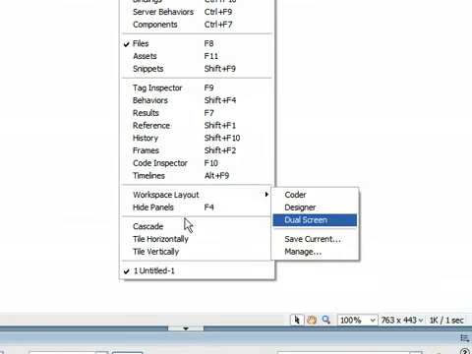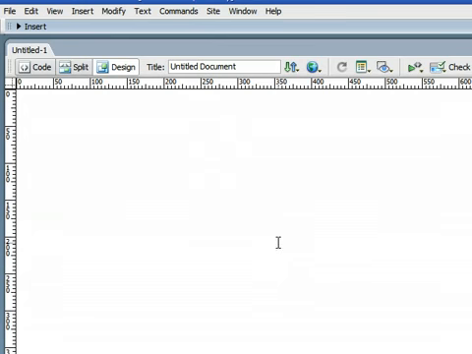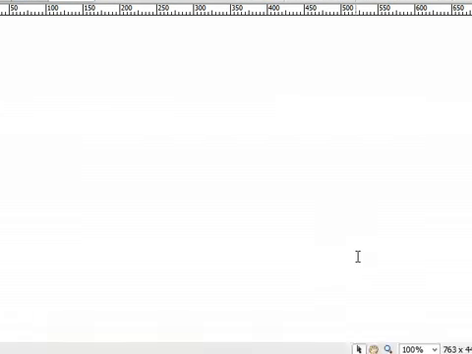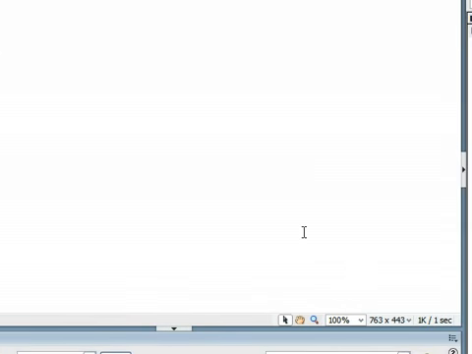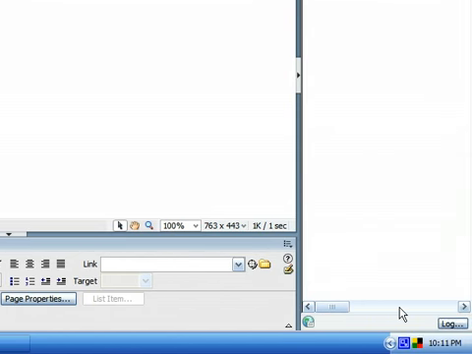So that's all the time we have for right now, and this was a very basic tutorial. Now that we know the layout, in the next tutorial we're actually going to begin making our very first website in Dreamweaver. And if you didn't catch everything, you can go to my website